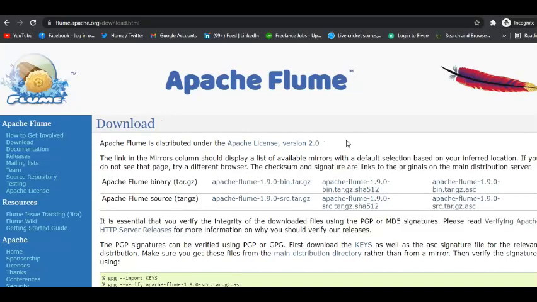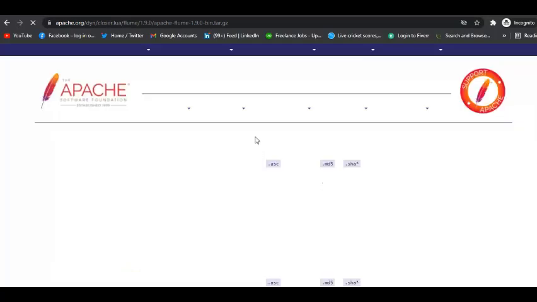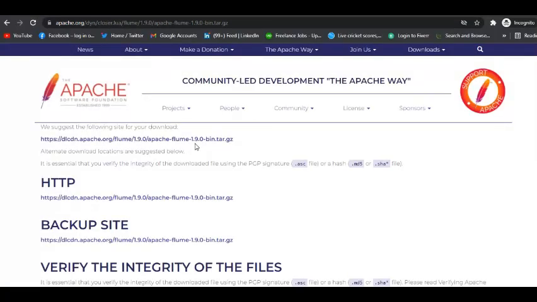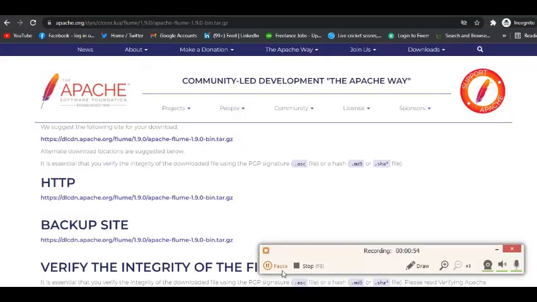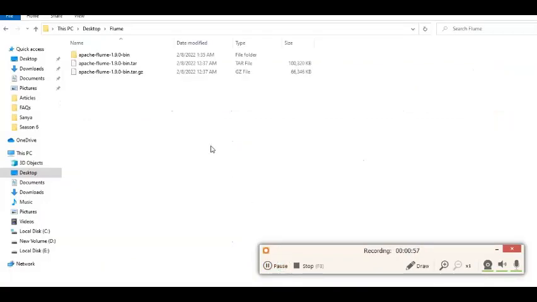So first we have to install Apache Flume from this site. I will give the link in the description, and we will click on this one, and it will lead us to this page, and we will download this one. I have already downloaded it, so I have to show you that. As you can see that I have already downloaded this,